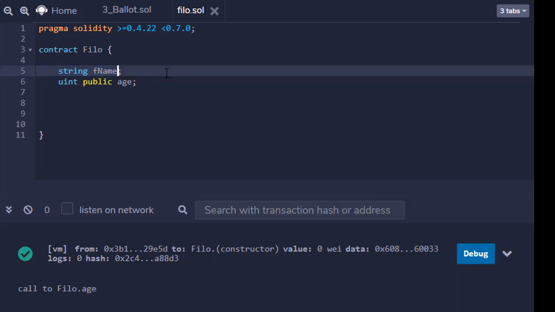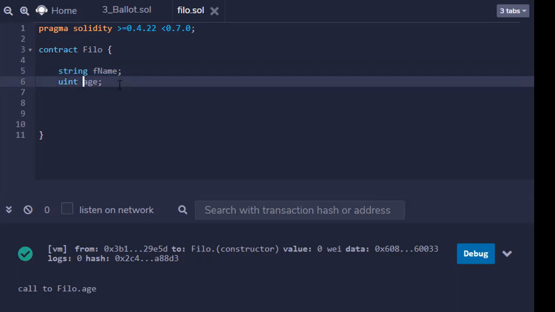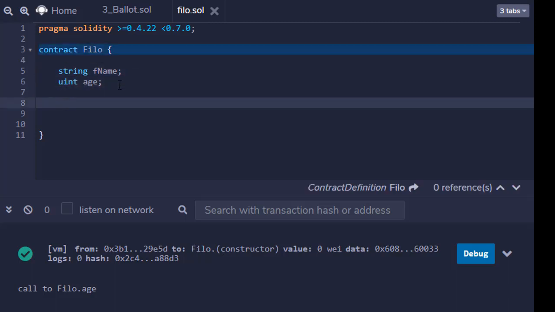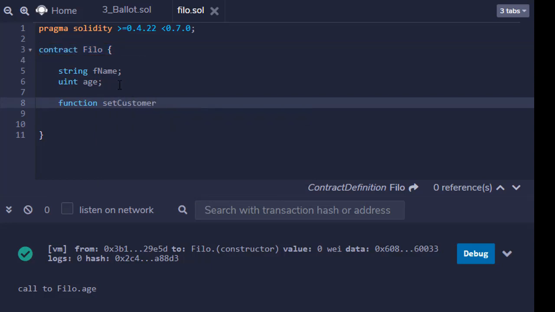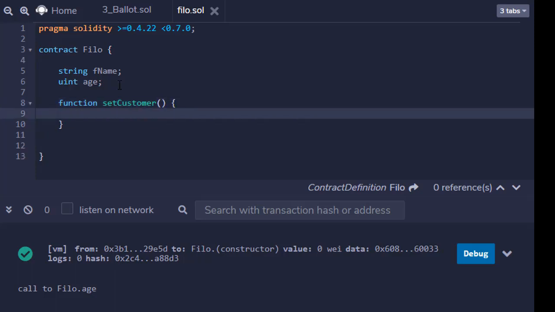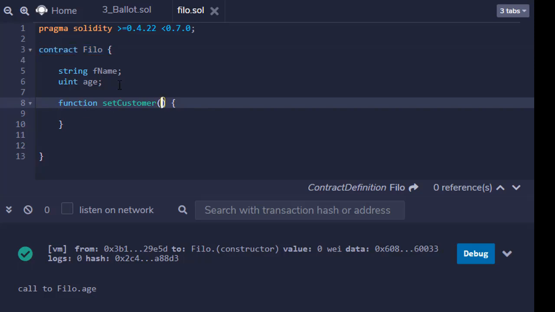I am going to remove this here, and also the public from the age. So I am going to create the function. I will give it the name setCustomer, and we are going to pass the string which is in memory, and I'm going to write _fname and uint _age.